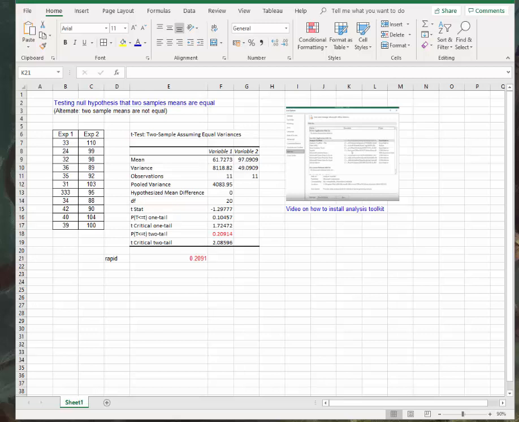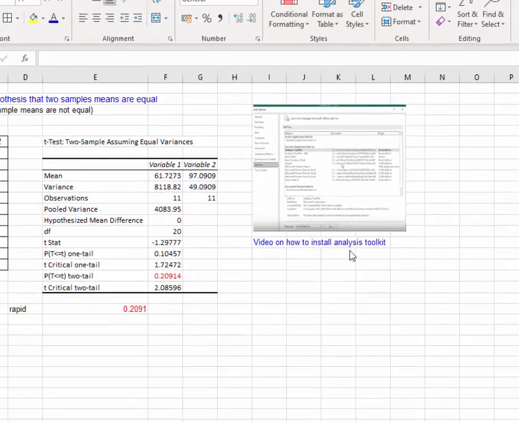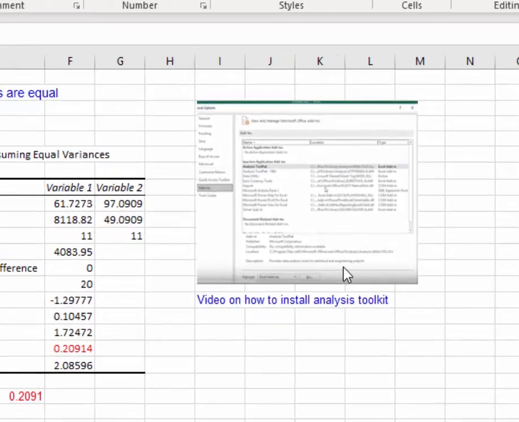So, a video request from students on how to do a Student's t-test in Excel. One thing you'll need if you want to do this is the Analysis ToolPak installed. If you don't know how to do this, there's a video here. You can click on the Excel file, which I'll post on Blackboard as usual, and I'll also post a link